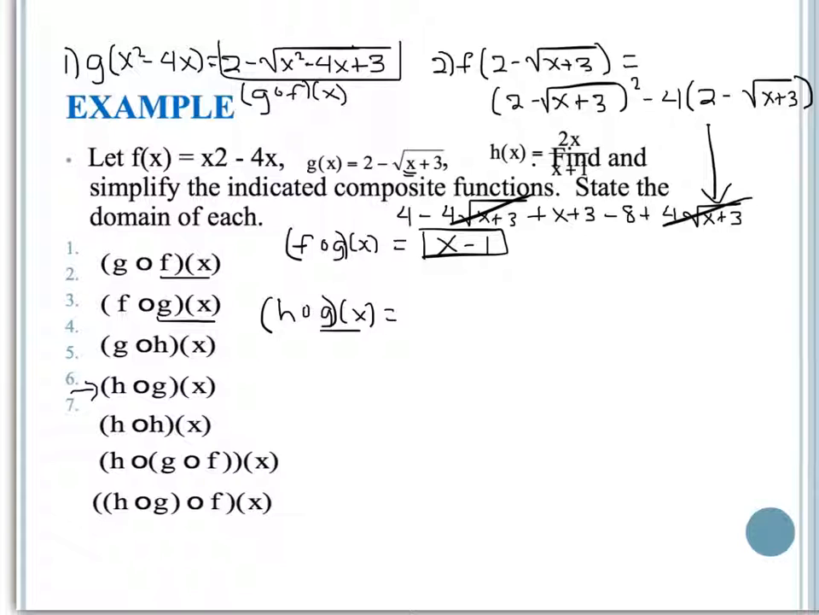So my h function has a fraction in it, and I need to plug in that gorgeous square root, 2 minus the square root of x plus 3, every place that there was an x term in the original h function. So 2 times that's in my numerator, and then in the denominator I have